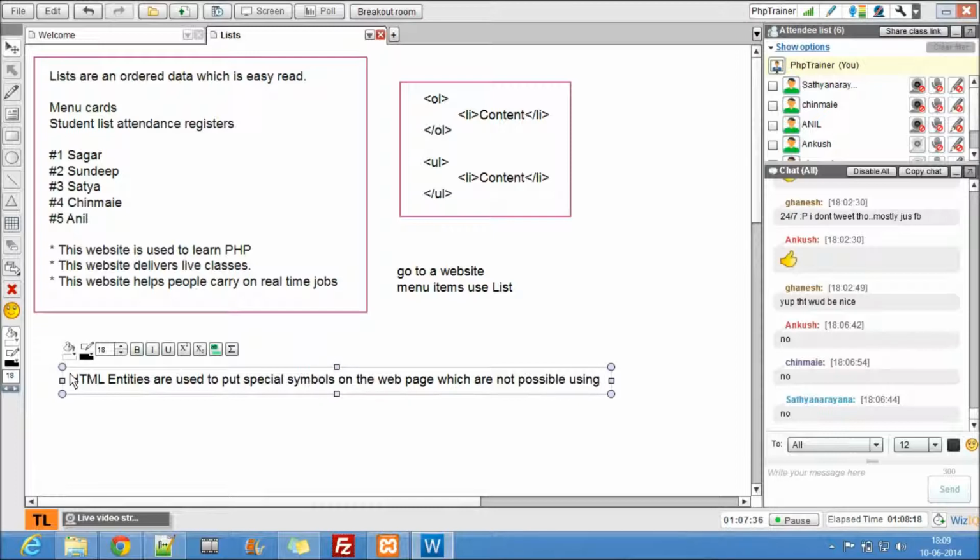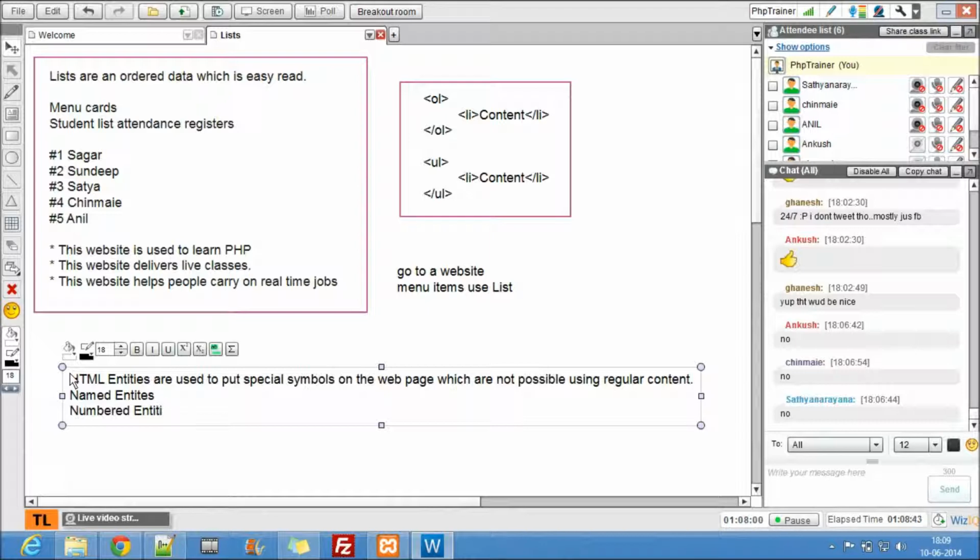Using regular content, I cannot put some special symbols over there. Okay, so HTML entities are of two types. They are named entities and numbered entities. You just Google for HTML entities, you will find n number of entities.